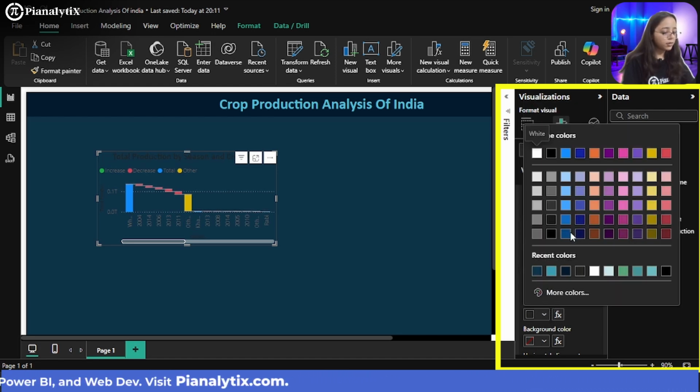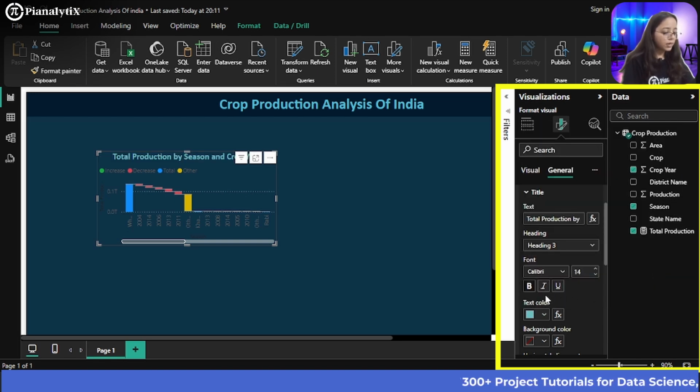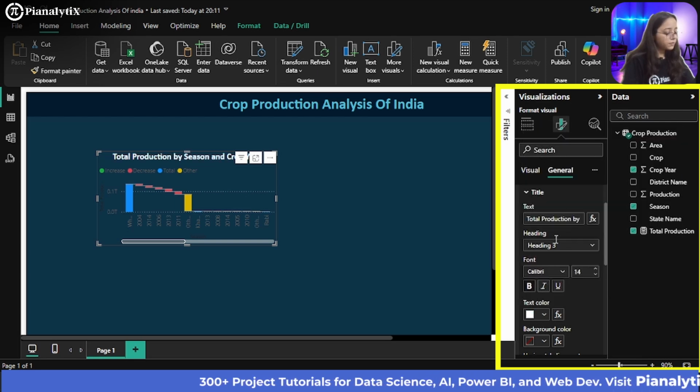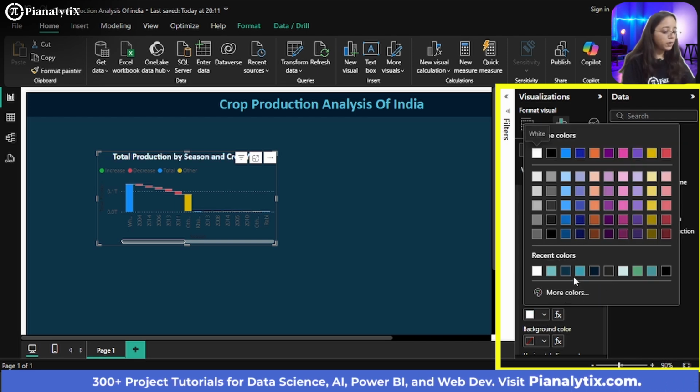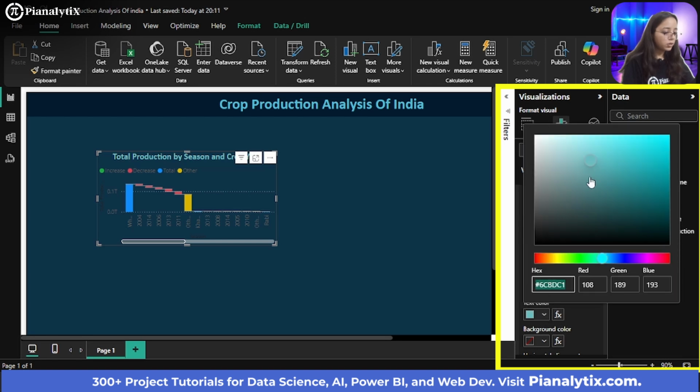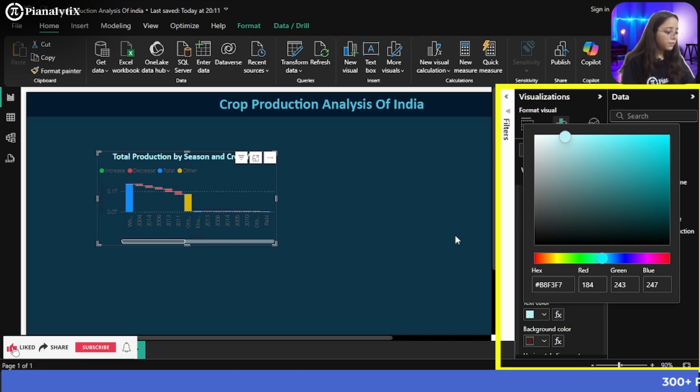Now the text color is not visible as such, but this is the color, or if you want you can go with white only. But maybe today we're going to choose a different shade only. For example, let me just show you. This looks much better.